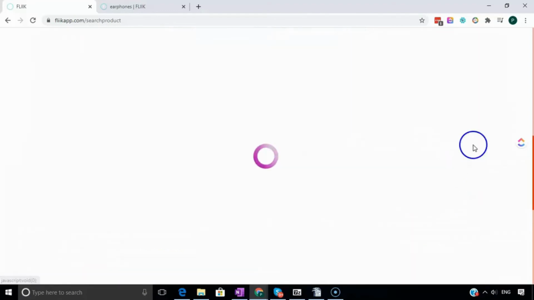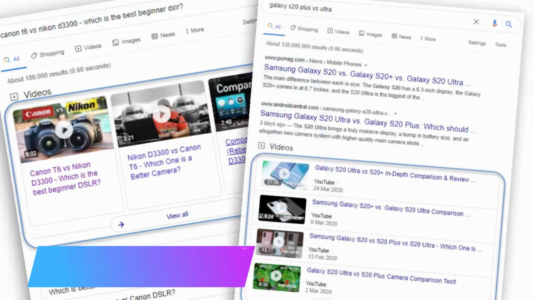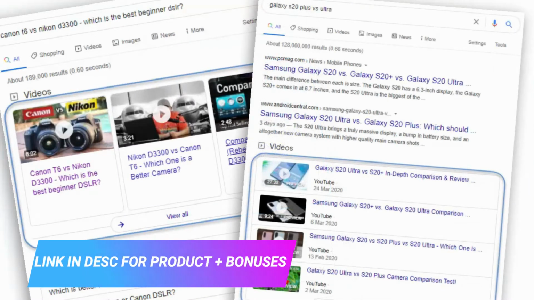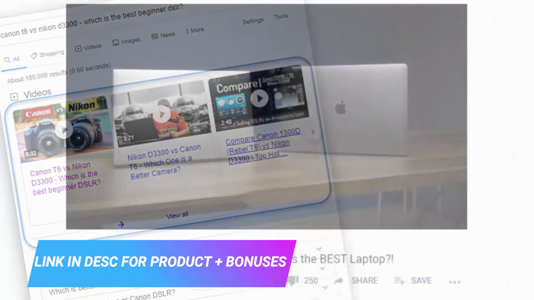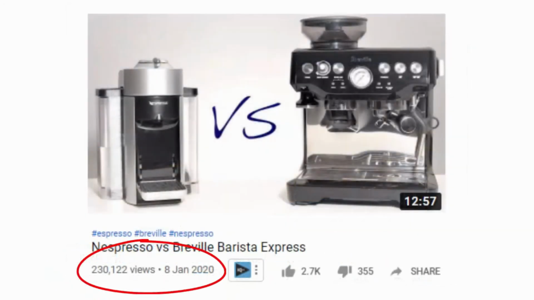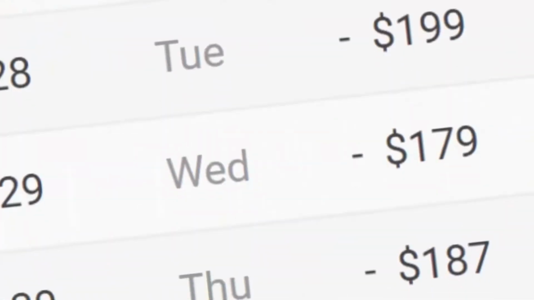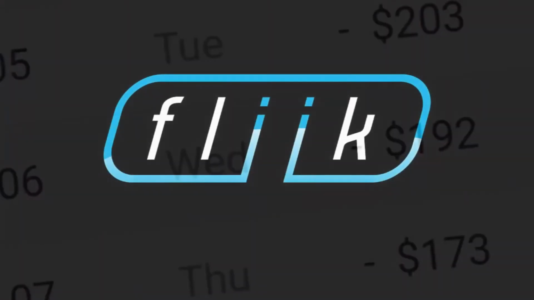What you're doing is providing genuine information that people who are already set on buying that item will appreciate. They'll see the comparison video, they'll be able to weigh up the features of both products in one place without opening lots of other tabs, and they're going to be far more inclined to make a purchase. And you'll profit from whichever choice the consumer makes.